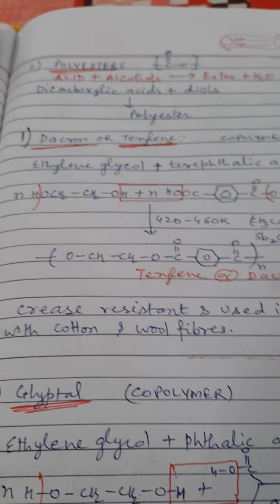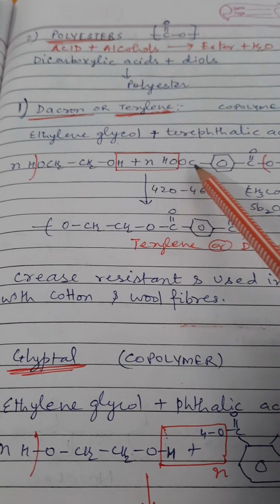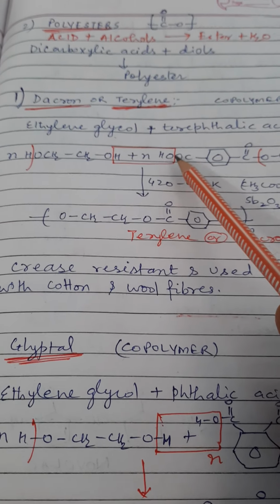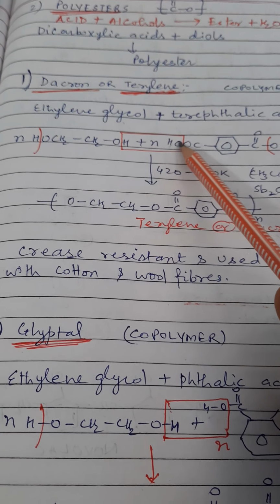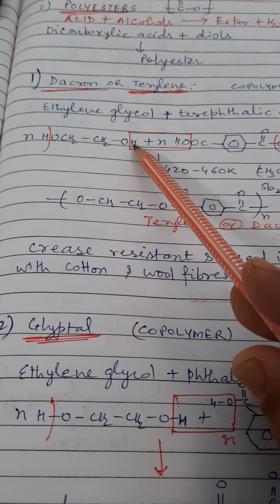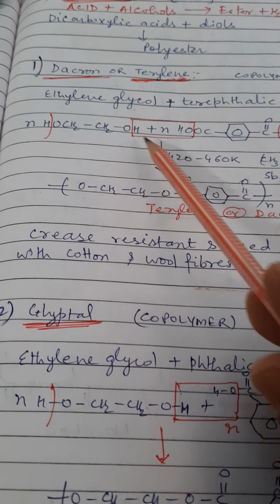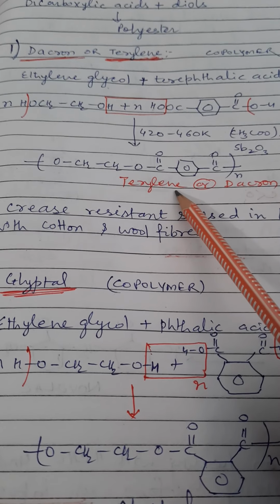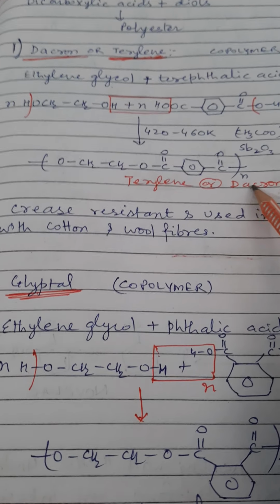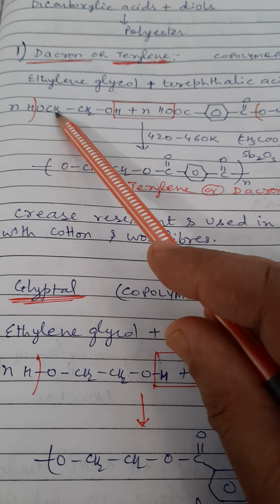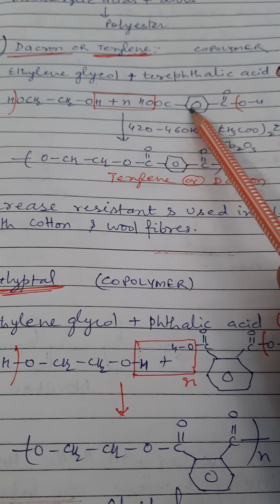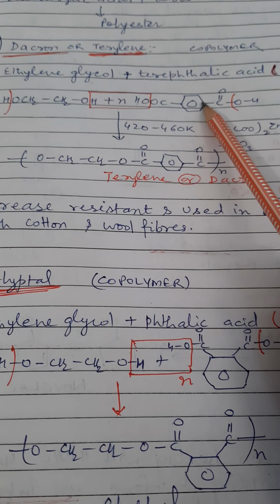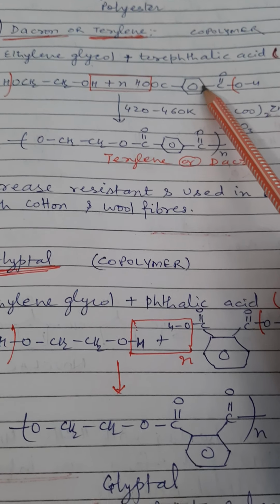In the removal of the water molecule, see that it's a very interesting example. Removal of OH from the acid, and removal of hydrogen from the alcohol, then you will get the compound Terylene or Dacron. Ethylene glycol is CH2OH, and terephthalic acid is benzene 1,4-dicarboxylic acid. Okay,